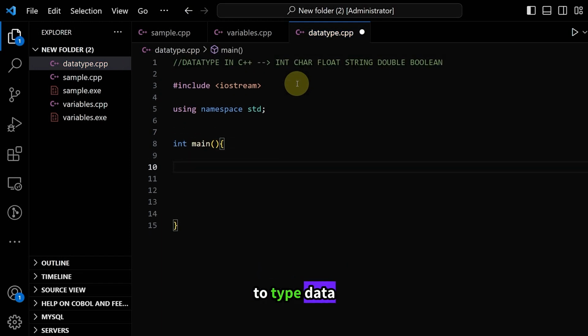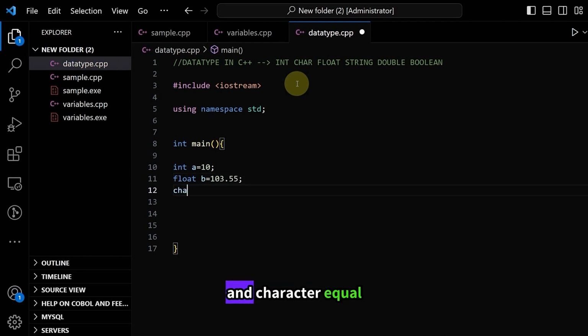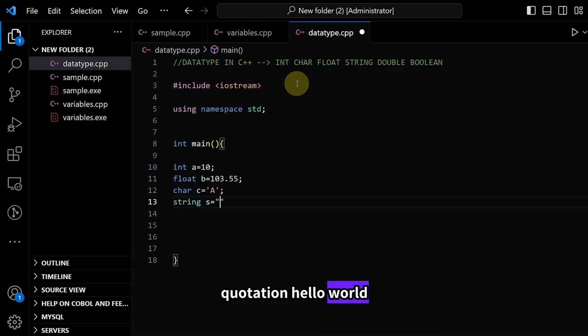So you have to type int a equal to 10. So it is considered as integer data type, and float b equal to 103.55. So that's the float data type, and char c equal to, you need to type single quotation a, and then string s equal to double quotation hello world,